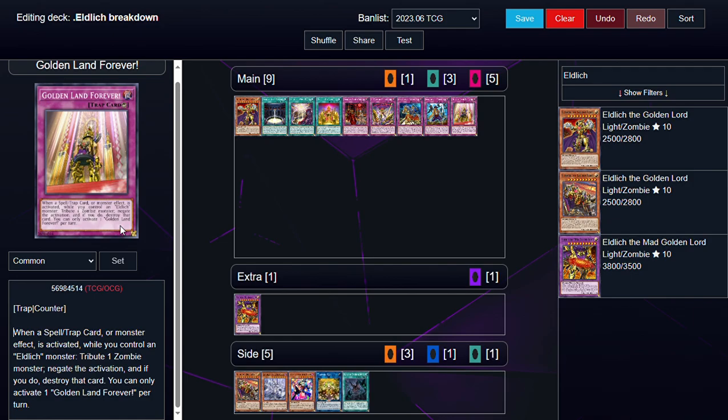And next, Golden Land Forever. When a spell, trap card or monster effect is activated while you control an Eldlich monster, you tribute a zombie monster and negate the activation, and if you do, destroy that card. It's an Omni-Negate by tributing Eldlich. Nice, also...